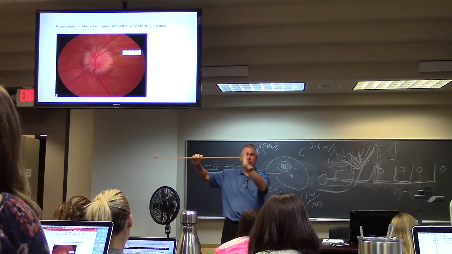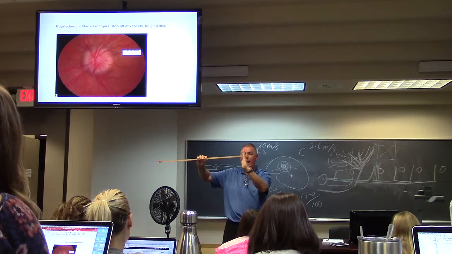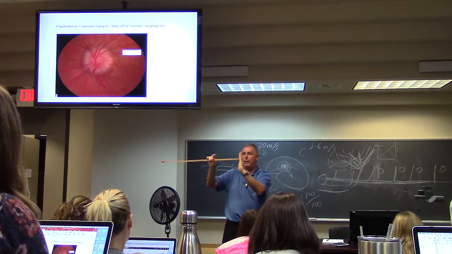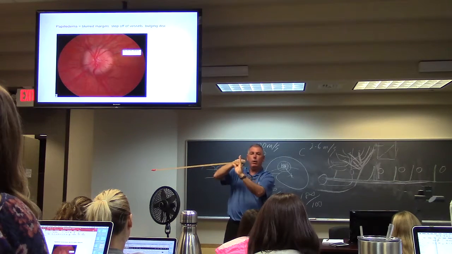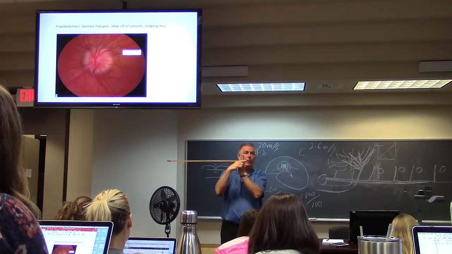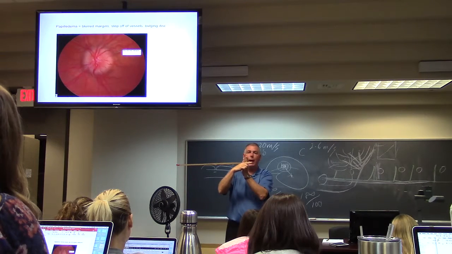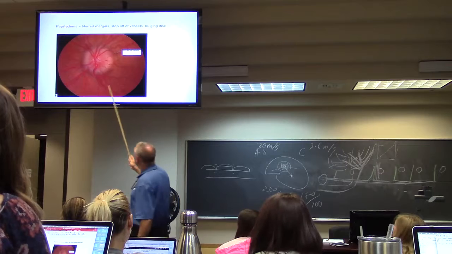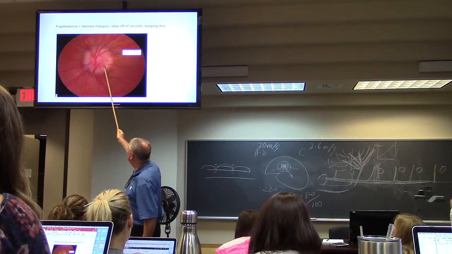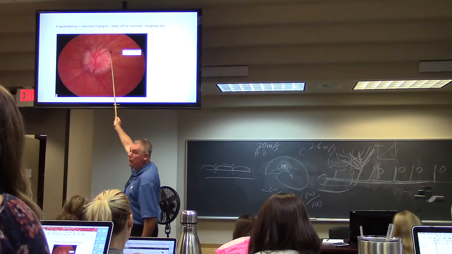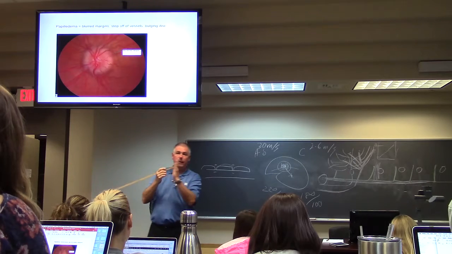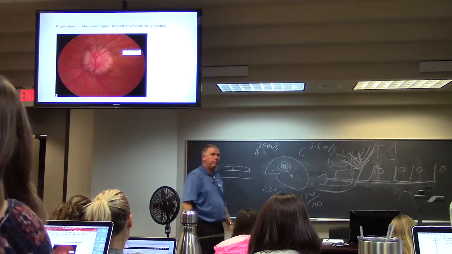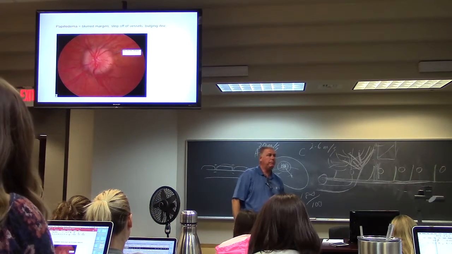nerve is that, and now it's like that because of pressure behind it, the arteries that are coming through the optic nerve, the branches of the ophthalmic artery, have to step off of that protrusion. And that's why they look like they're stepping off instead of a straight shot. They're having to step off of the papilledema. Have I got that?